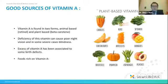So I was telling you that this is just a brief summary with some suggestions on where to find good sources of these vitamins, but this is also included in the DNA Health and Wellness Recommendations report and also in your 30 days actionable plan. So there are many ways of getting this information. You can also look it up yourself. Just be careful what sources you use. Try to make it